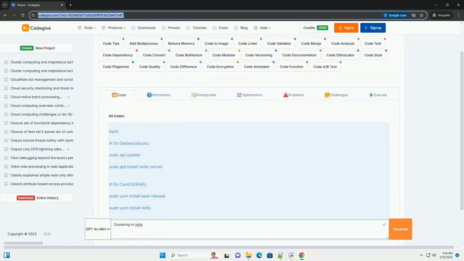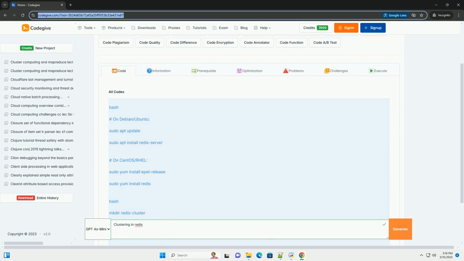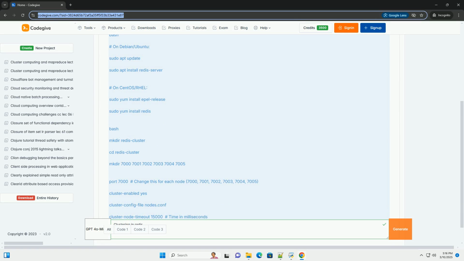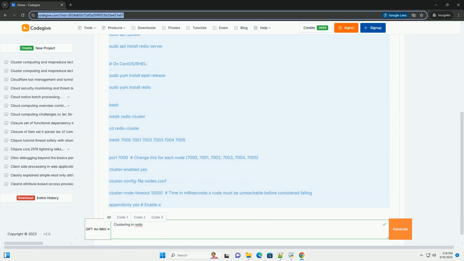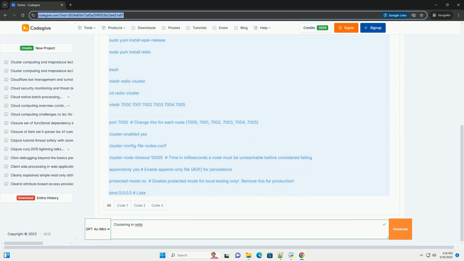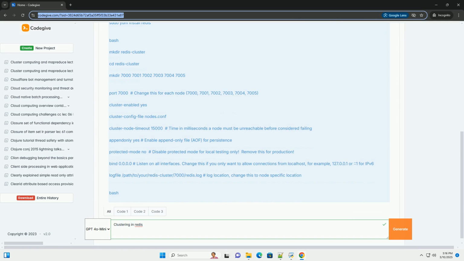OK, let's dive into Redis cluster, covering the concepts, setup, operation, and some code examples. This will be a comprehensive guide. Understanding Redis cluster, the big picture. Redis cluster is a distributed implementation of Redis that provides